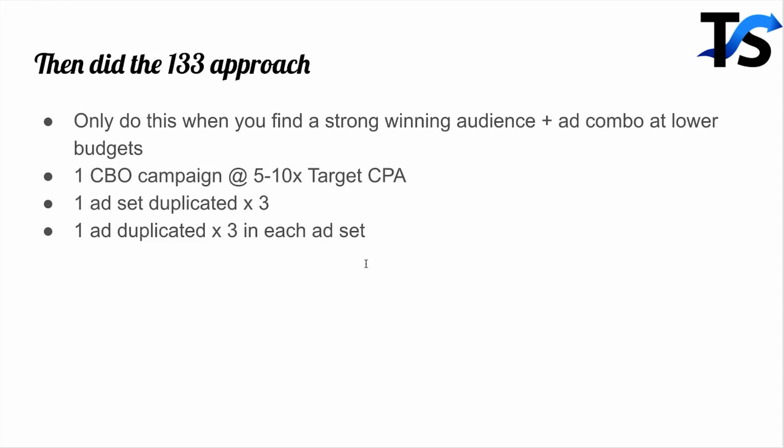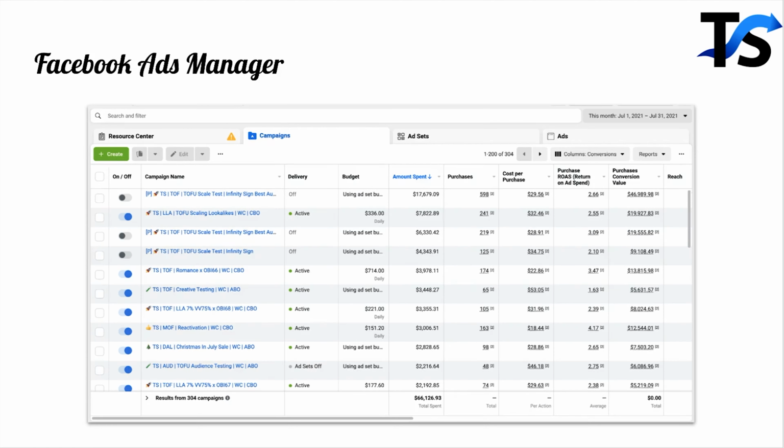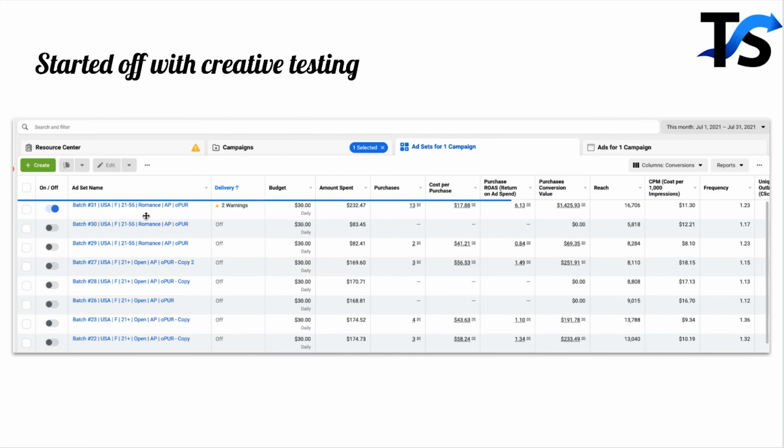So what you do is once you find a strong winning audience and ad combination, so, in this creative testing right here, romance 21 to 55, strong. The target ROAS we're going after is a 2 to 2.5. We're getting a 6x right here. Very strong. You can see some of these didn't work well. That's okay. That's why we do testing. We're okay if there's a loss. But we need to understand why there was a loss, and we need to execute on that